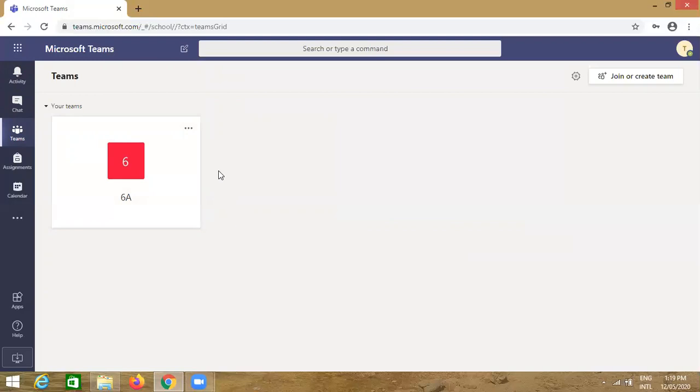So that's what I want to show here. So now if we want to create the class, since teacher 3 is the class teacher of 6C, let us create that class.